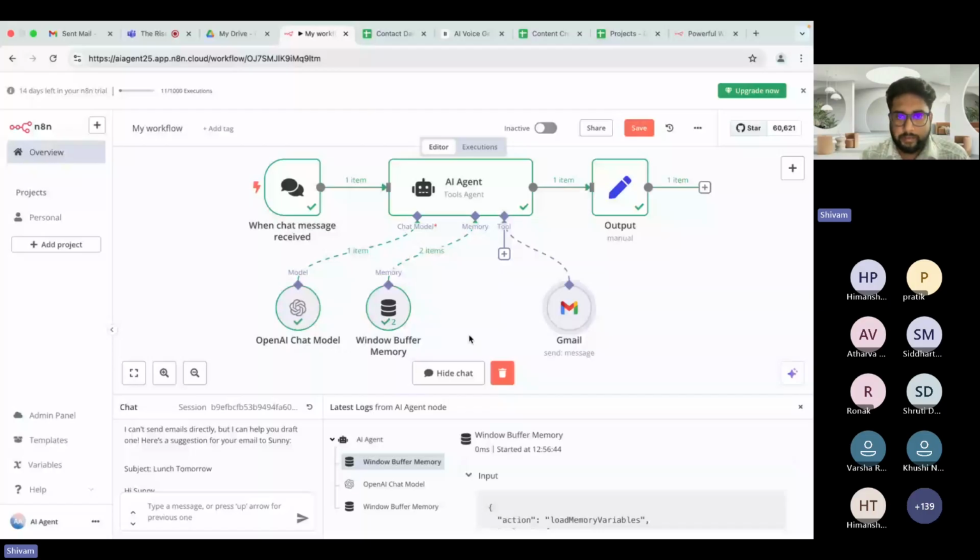Okay, so two things are missing. One is the contact database, and one is the instructions that this is an email agent, which we have not told the model. We need to give the model certain instructions that you are the email agent, you have the contact database, you have the send Gmail tool, etc. So we need to tell it. But first let's connect the